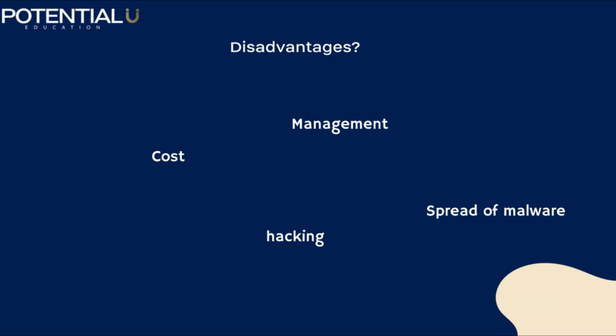Whereas if you weren't to have a network, then it's unlikely that just one thing breaking will completely destroy your whole business, for instance. And then hacking and the spread of malware as well. If you've just got one access point, while it's great because you can share all of your files, that means if somebody hacks into it, they can also access every single computer and all of the files all at once. So it's not as secure.